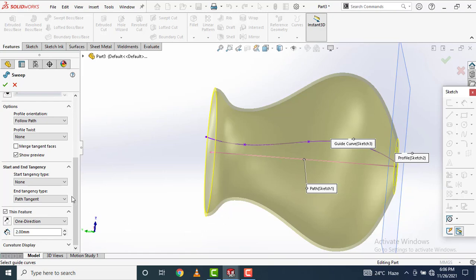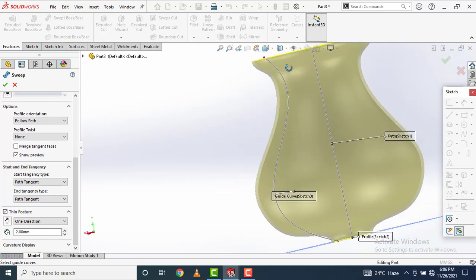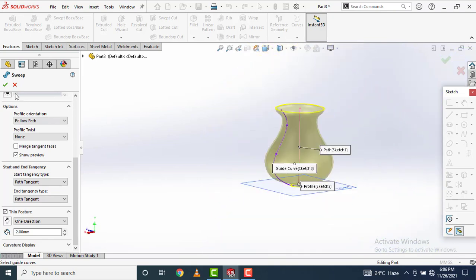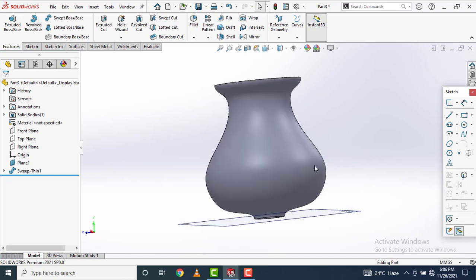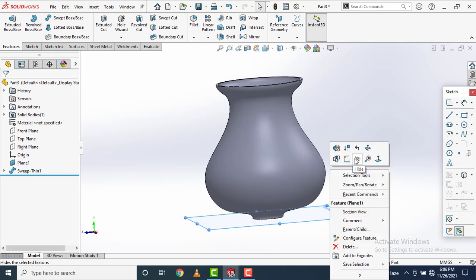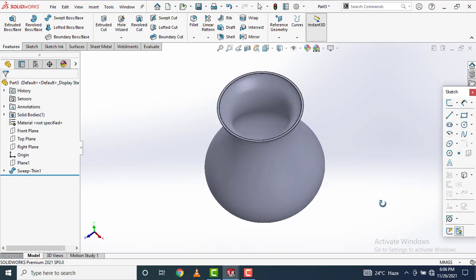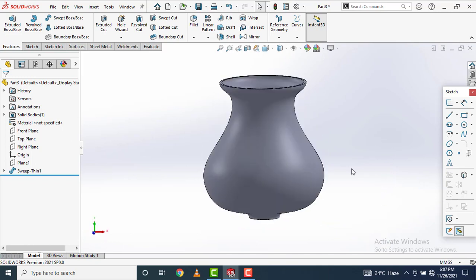As of now, I am changing both. See. Now click OK. You can hide this plane. Next is the swept cut feature.